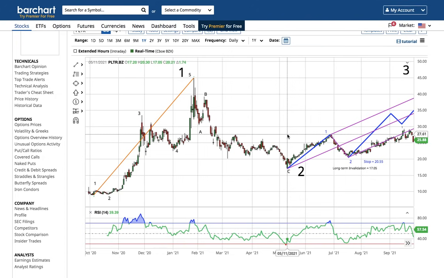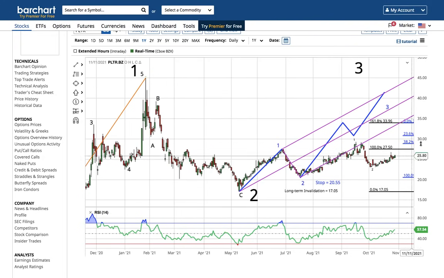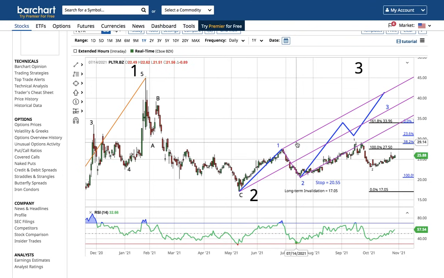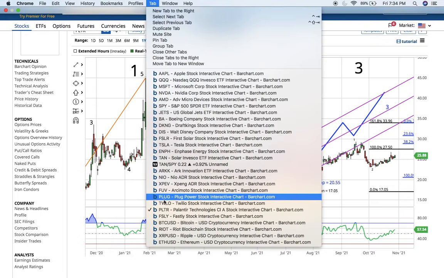That's certainly a possibility. But just like XPEV, there's also the possibility we break the IPO high, and this has been being accumulated early in its life cycle by large institutions for over a year. I'm going to go with that option, to be honest. That's a pretty safe claim to make if we're above 20.55. So that's Palantir. Here's Fastly.